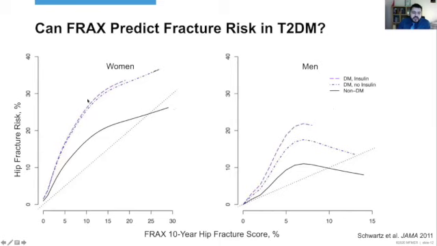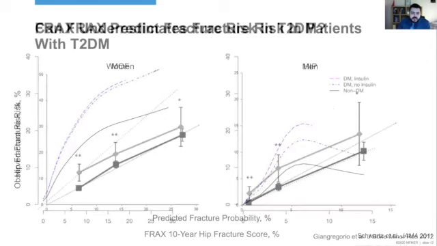But comparing the diabetes to the remainder of the cohort, there was a bigger discrepancy from what's expected or predicted by FRAX compared to the actual risk, in both men and women. There seems to be a higher risk with those on insulin, especially men on insulin, but this is likely a confounder rather than a problem by itself.